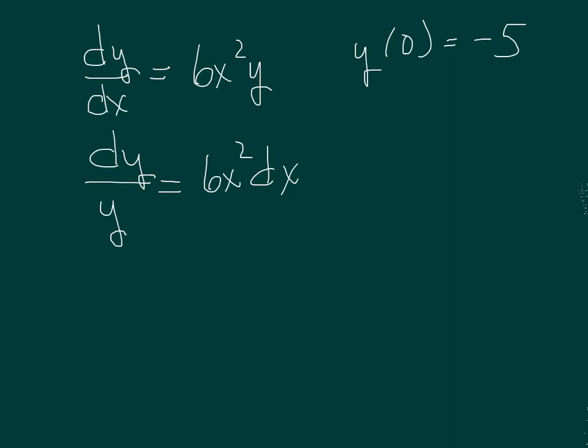So now we're going to take the integral of both sides. What is the integral of dy over y? What's it going to give us? Y over -1. Can we have y to the -1? No, we can't. Do we have a quotient there? What do we check for when we have a quotient? It's a derivative on top. Yeah. So this is going to be the natural log of y